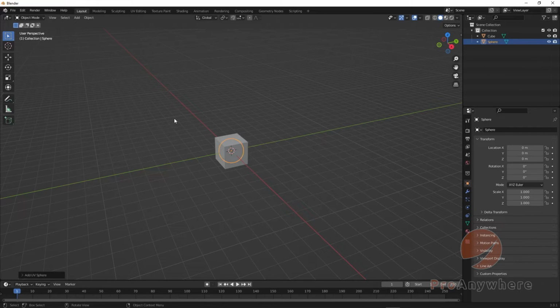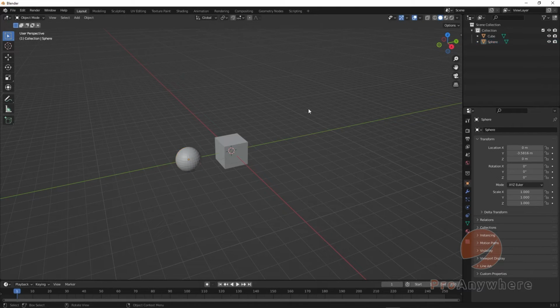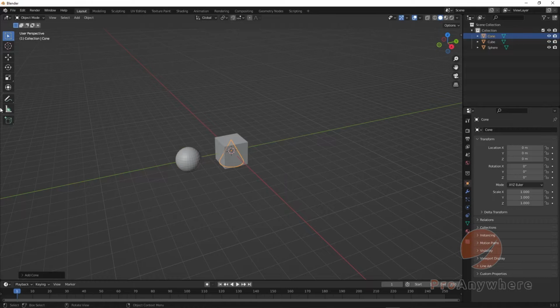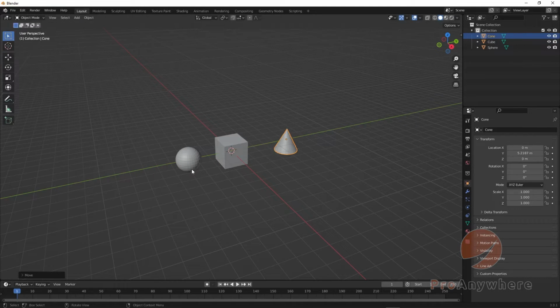I'll move it, so while that sphere, you can see, is selected here, go to the move tool, I'll go on the green Y-axis and move it to the side. I'll go back to select mode, select something that's empty, so it deselects it. Shift A, Mesh, and I'll just take a cone. Go to the move tool, move it to the side here. Okay, with that,